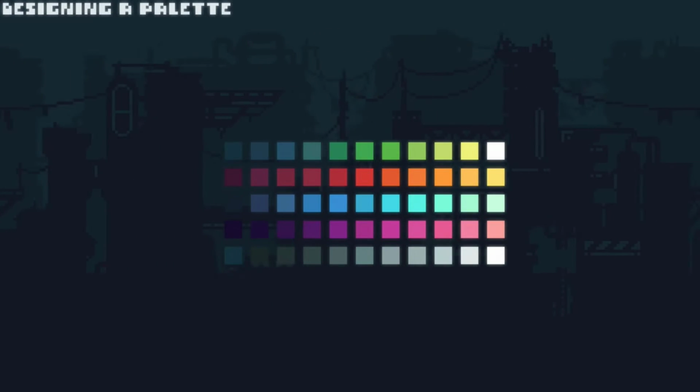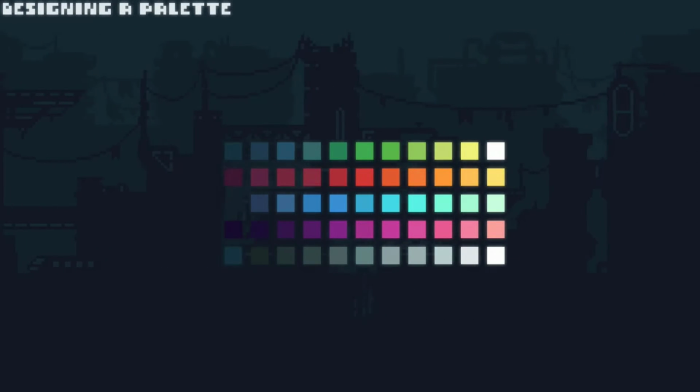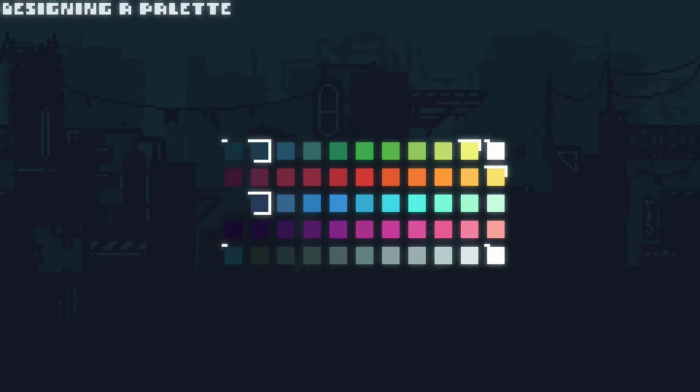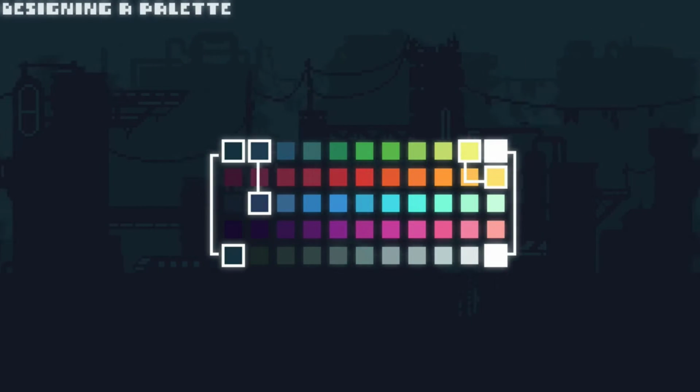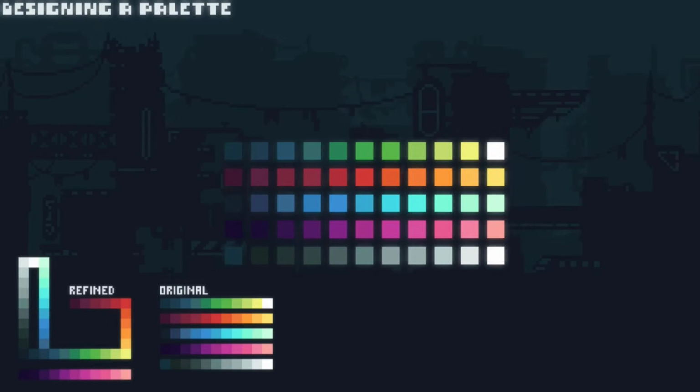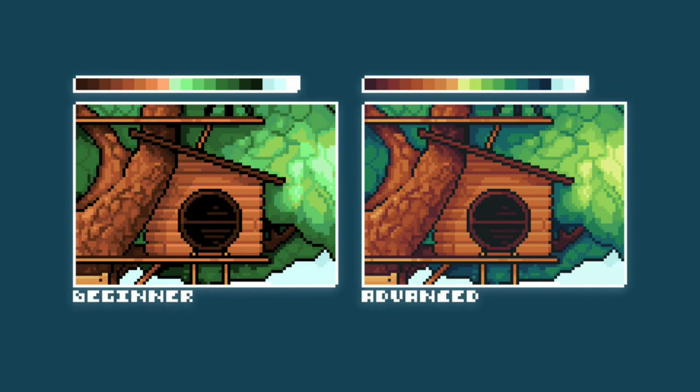Now we have the color palette, we can refine it some more. We want to have as few unique colors as necessary to minimize double ups. A good way to retain cohesiveness and refine your color palette is to do something called color bridging. When you bridge colors, you make some of the colors on the highest and lowest ends of the spectrum the same, and this helps tie the sets together. Here's a drawing that uses a more beginner's palette,